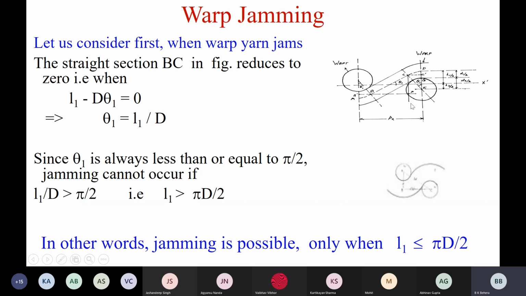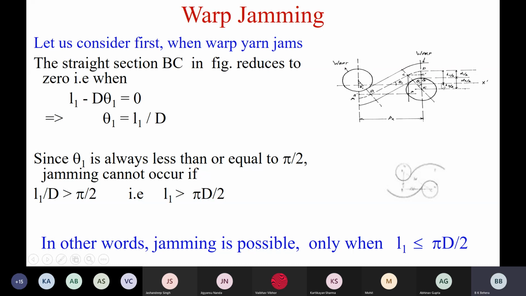So in that case, the yarn's cross section will remain a circle. This warp will be a circle, weft will be a circle. There is a gap. That's why you are considering this H1, H2. Remember, H1, H2. So if warp is a complete circle, weft is a complete circle, and warp is touching weft just at one point, then definitely